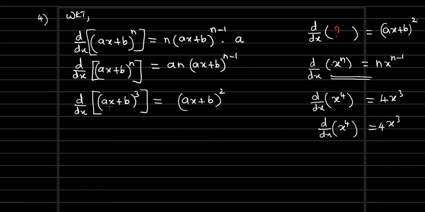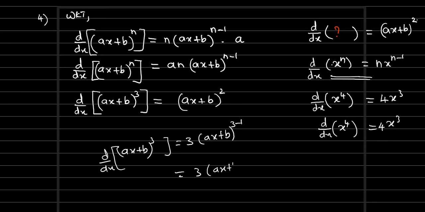So as per the formula, ax plus b whole cube differentiation is what? Power first we have to bring as a coefficient and then in the power we have to reduce 1. So 3 times ax plus b whole square is the actual answer. But what we have written, we don't have 3 here. So we'll add 3. Then only the equation will be correct. Okay, just for tracking purpose, I told this derivative result is given.